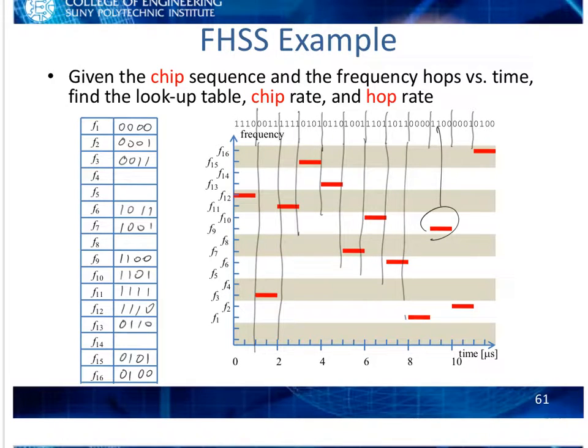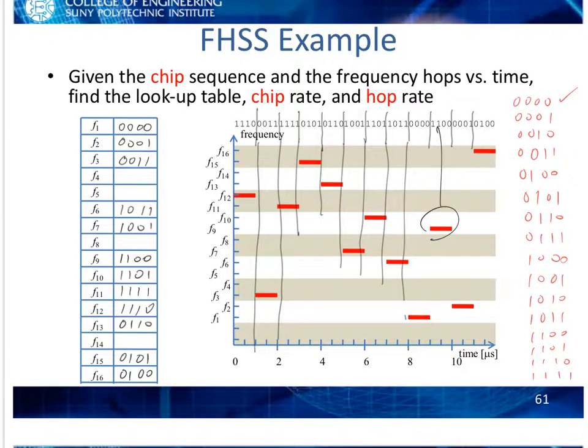And let's see, which binary numbers are we missing? Let's spell them out here. 0010, 0011, 0100, and I'm going to see if I can figure out which ones are missing. Okay, so 0000 is accounted for, 0001 is accounted for, 0011 is accounted for, 1011 is accounted for, 1001 is accounted for, 1100 is here, 1101 is here, 1111 is here, 1110 is here,